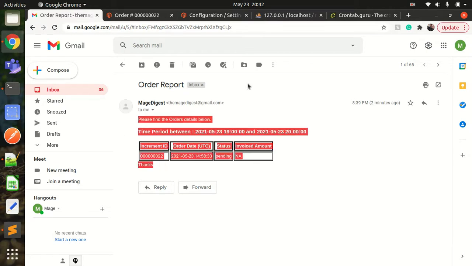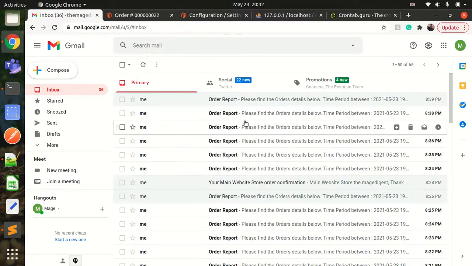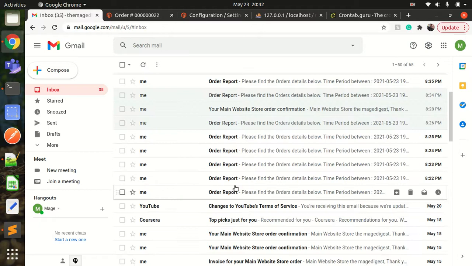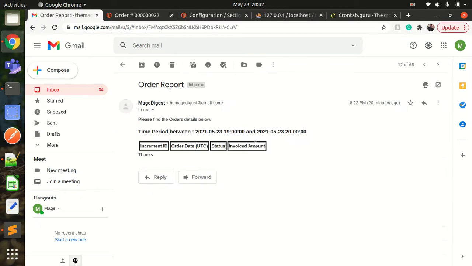Now if I go to this older one, same thing is there. Let me scroll down. See, now this is empty. That particular time period did not receive any order, maybe because of that when it was triggered at 8:22, between 7 to 8, whatever the time may be, it did not receive any order, so it was empty. So this is how it depends on what kind of report you are trying to trigger.